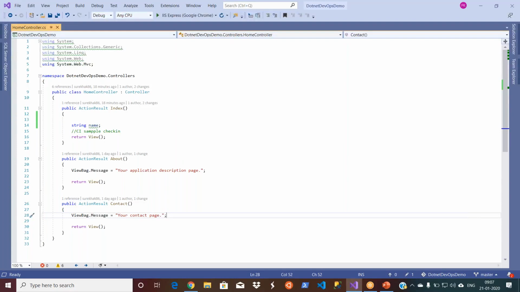So there is a difference in the count, and the rules might also be different. Maybe I'm using the XYZ rule locally, but that XYZ rule is not there on the server. I might be using a different rule. So you are doing the code analysis, but these are not as per the standards set up by your enterprise architect forum or architecture forum or some quality analysis or QA team.